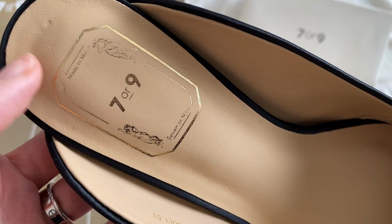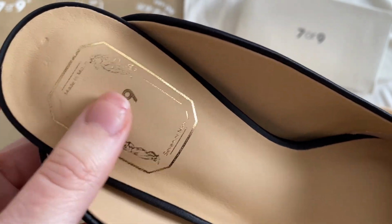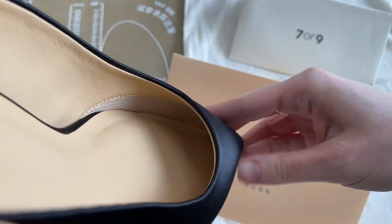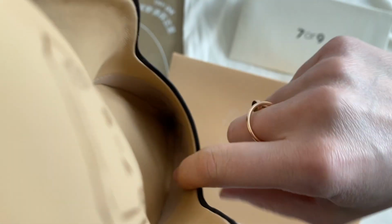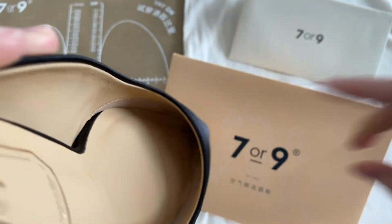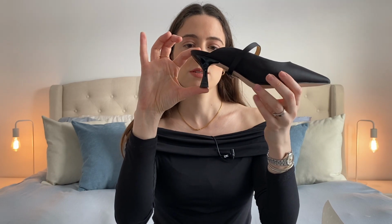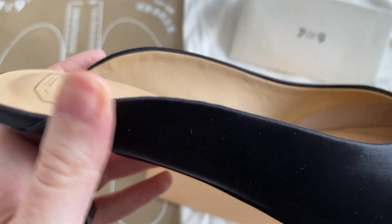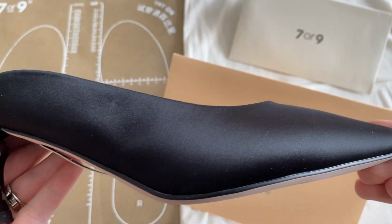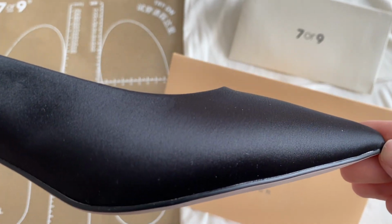They're black satin, as I mentioned, and they come in a variety of colors. They do have pastel colors like a pastel pink, green, a yellow. They also do have black. I went for classic black just because it matches everything and they're easy to dress up and dress down as well. The heel does measure 5 centimeters, so it's not very high. You can get away with wearing these all day long, I do believe. I haven't tried it yet. It's winter out here where I'm from, so...